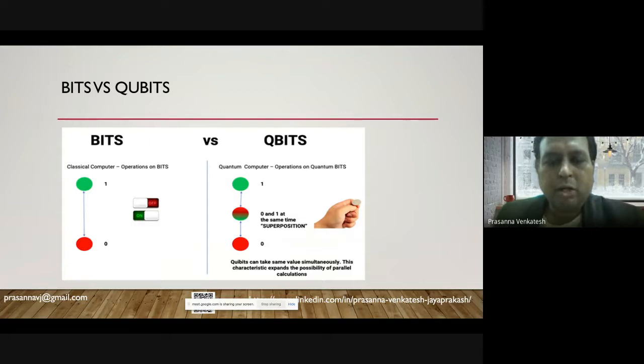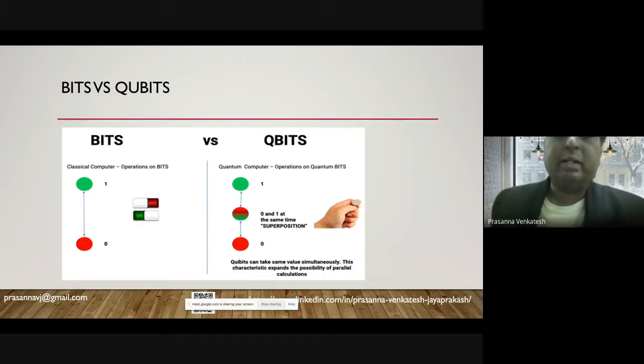Now, what are the actual differences? In a classical computer, at any point in time, the value of the bit can be only one. Either it is in on state or off state. You represent them with ones or zeros. But in the case of quantum computers, you are in the coin tossed state.